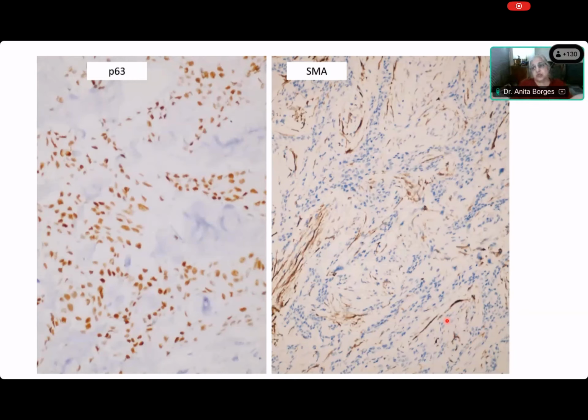And here I am showing you, Somik, that there is P63, but there is no SMA. So what does that tell you, Somik? You wanted to change your mind because you saw P63, but what did we learn about P63? Maybe positive in vessel cells also. Yeah, and in many other things. So it doesn't have to be myoepithelial. And here you have the SMA, and the SMA is dead negative. Okay, you can see it in the cells. These are the cells, and the SMA negative. This is the stroma. So these are not myoepithelial cells. You didn't have to change your mind.